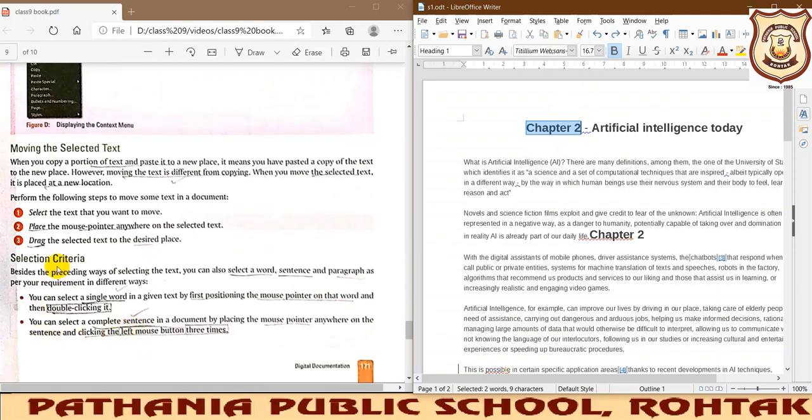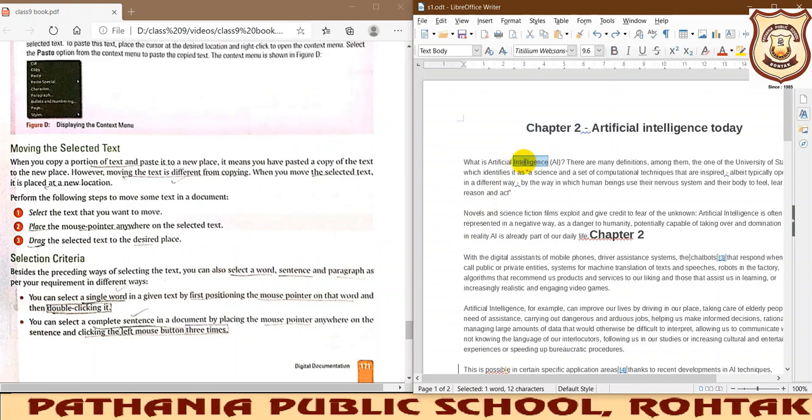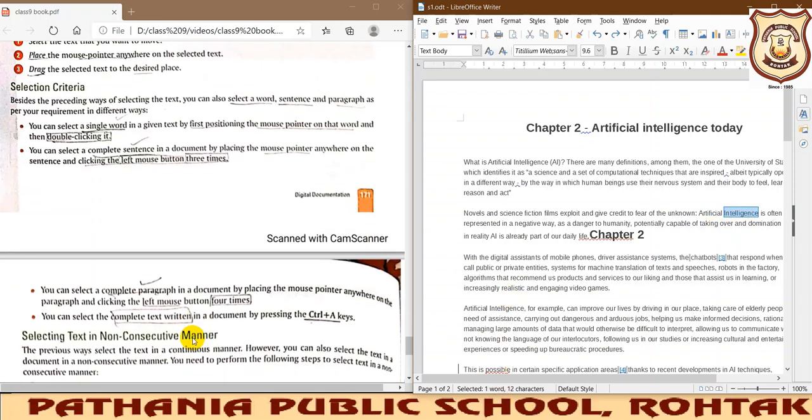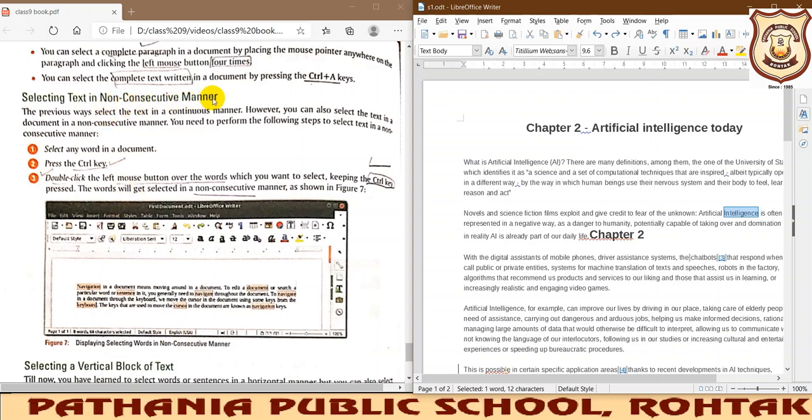Now the important thing, the different things. See, I can select a word, sentence, or a paragraph. If you want to select a single word, what you will do, you will go to that particular word and double click. That word will be selected. This word you want to select, any word that you want to select, just double click on it, and that particular word will get selected. Now if I want to select multiple words together, for that non-consecutive selection of the text, you need to press the control key and then you need to click. So it will retain all the selected text with you. So this way you can select multiple words. I hope it is clear.